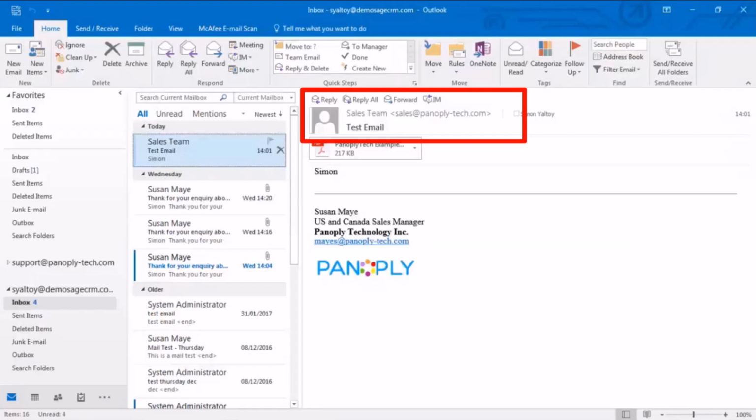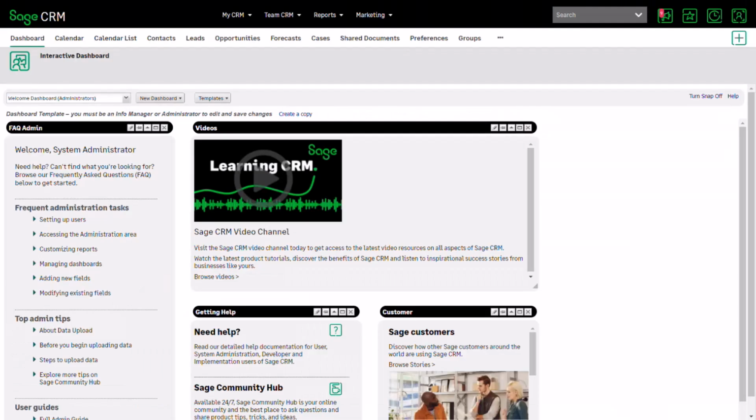So this is an email that was composed and sent from Sage CRM's internal email client, and the address that it's come from is sales@panoplytech, which is an email alias used by members of the sales team. And that could actually be where it's returned to if the customer wants to reply to that email address as well. So what I'm going to do is look at how that email alias can be set up